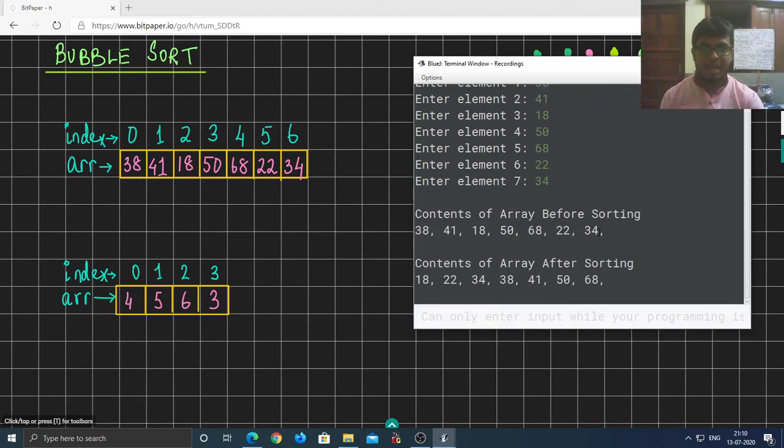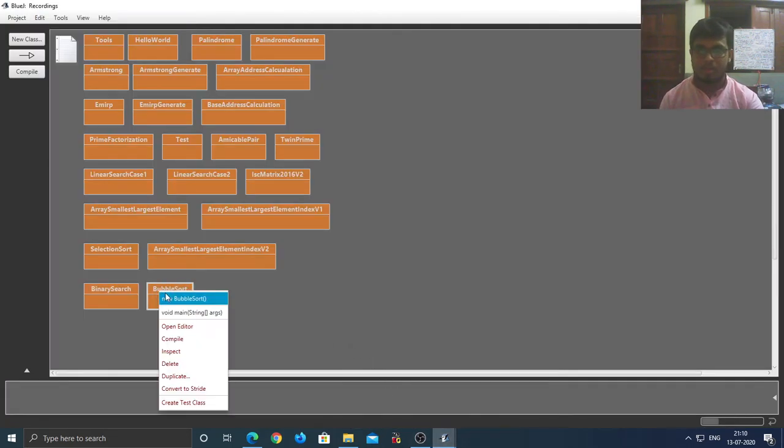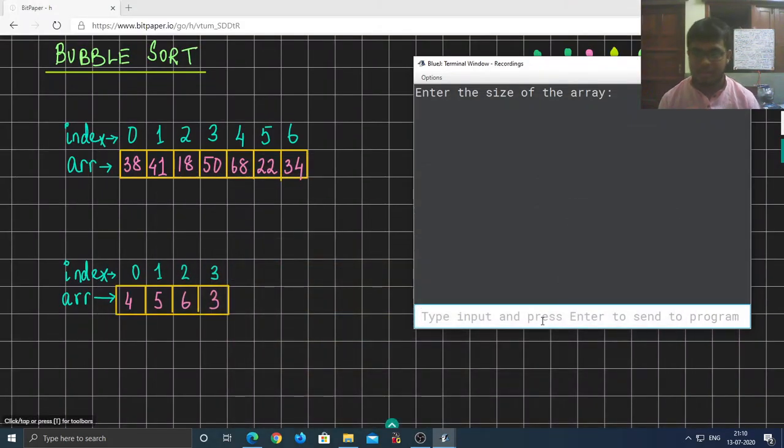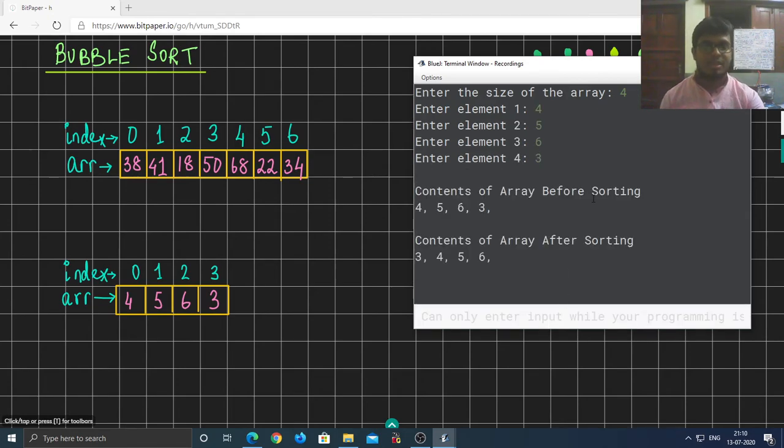The contents of the array before sorting is what we just entered as input. The contents of the array after sorting is this: 18, 22, 34, 38, 41, 50, and 68. Let's run the same code over this array as well. So let me rerun the program. Size of the array now is 4 and the elements are 4, 5, 6 and 3. The contents of the array before sorting is what we entered, and the contents of the array after sorting is